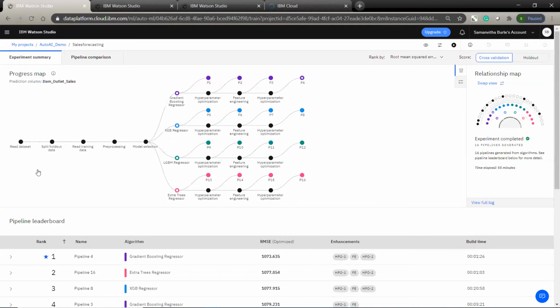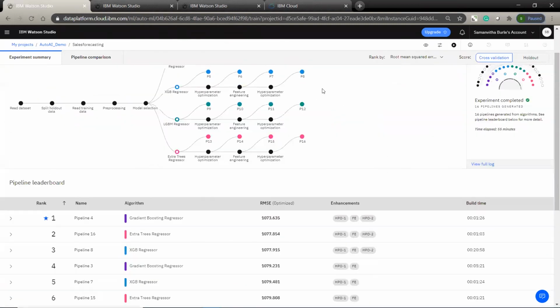So this is a model of regression type. You can go ahead and select the number of algorithms that you require for your AutoAI model. You can select from 1 to 4. I've selected 4 algorithms, and as you can see, for every algorithm you have 4 different pipelines that are created.